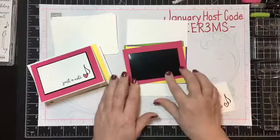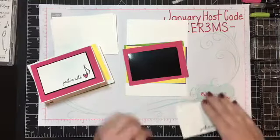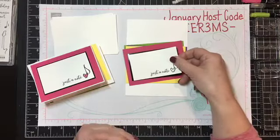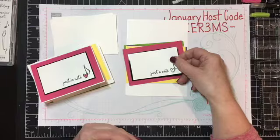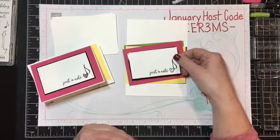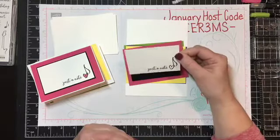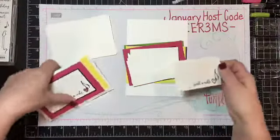So the black foil is 4 inches by 2 1/2 inches. And then for the white, I went down 1/8 of an inch, so it's going to be 3 7/8 by 2 3/8. 3 7/8 by 2 3/8. And so here you can see that